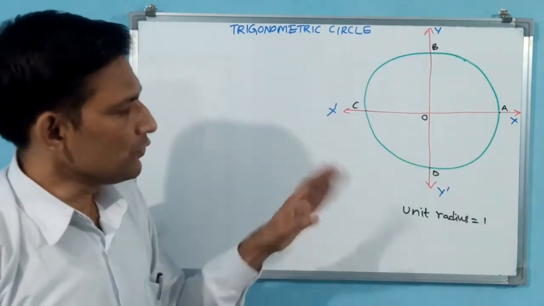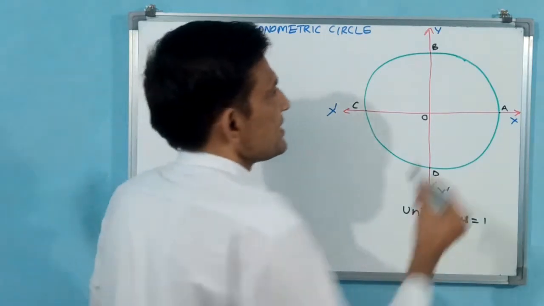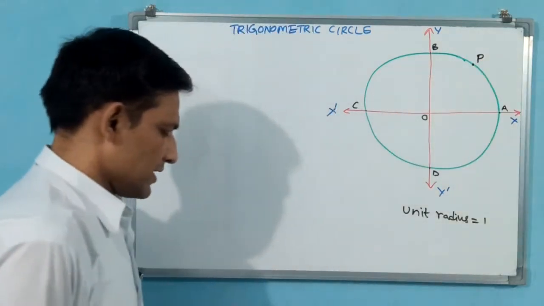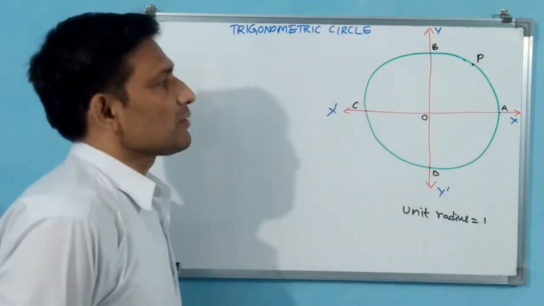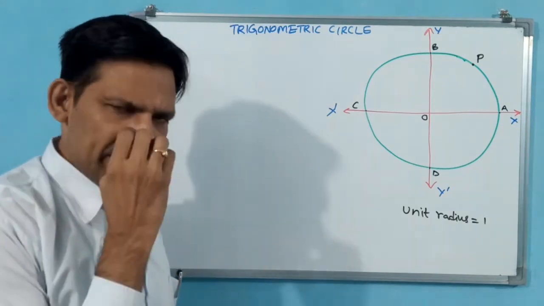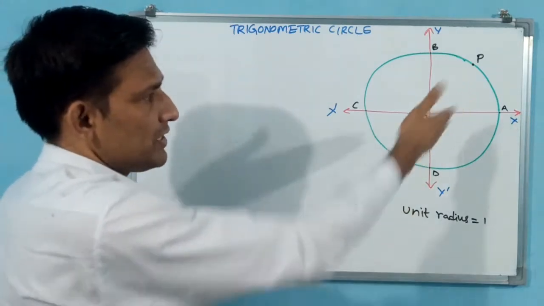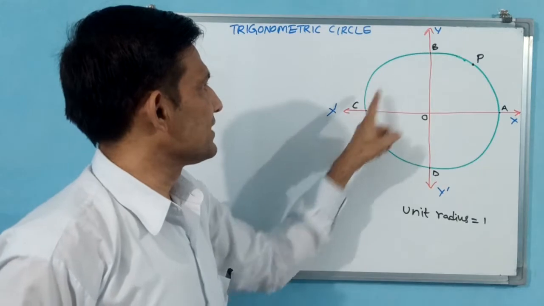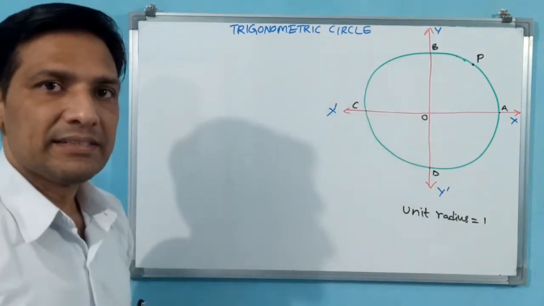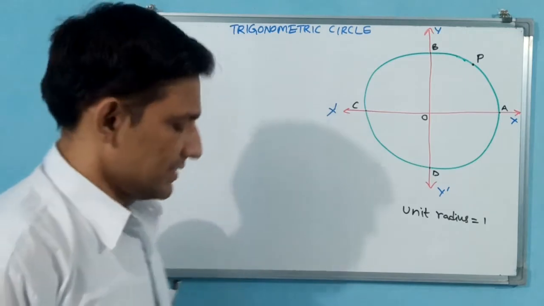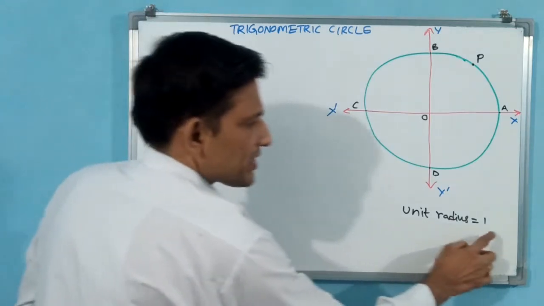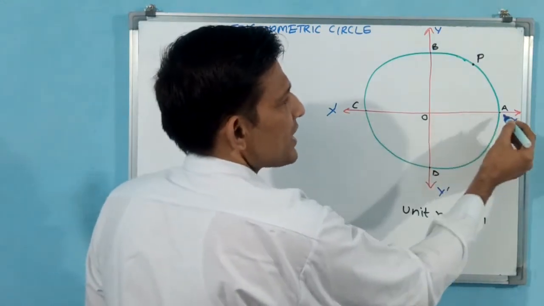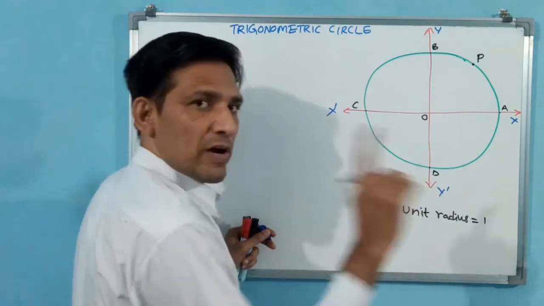Okay. You see, I have taken one point here. Say this point is P. Then what will be the dimensions of that point? Normally x dimension, y dimension will be there. Before that you see here, where the circle ends, A is there, here B is there, here C is there, here D is there. These points. What are those points? How can we represent these points? You see, because it is a unit circle, unit radius, 1 unit, this radius OA is going to become the radius. OA is radius means 1 only, na? Yes, 1.